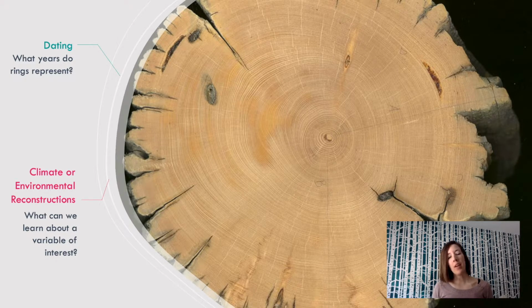You might be thinking, well, temperature, that's what we want to know. But we may also be interested in other variables like drought, precipitation, fire history, vegetation, stream flow, and so on. So to sum up, from tree rings, we want the years, yes, but we also want the climatic or environmental variable. So dendrochronology was initially applied to the study of the history of the great houses of Chaco Canyon by